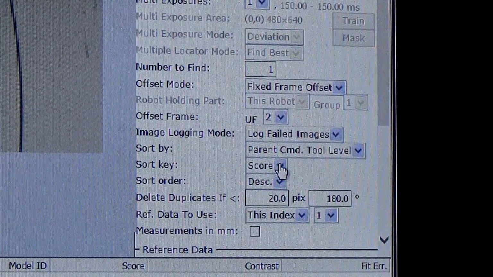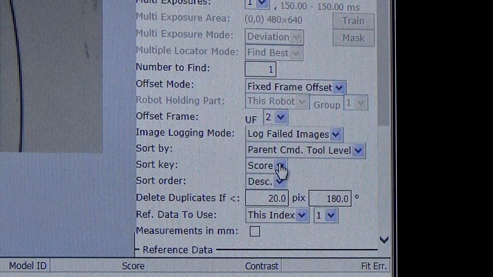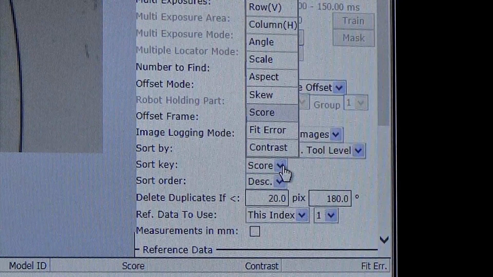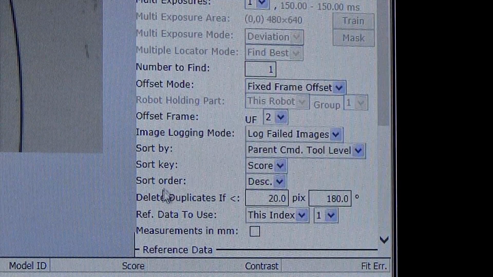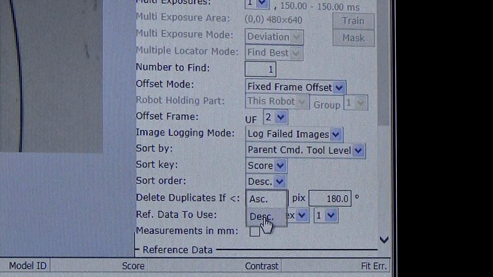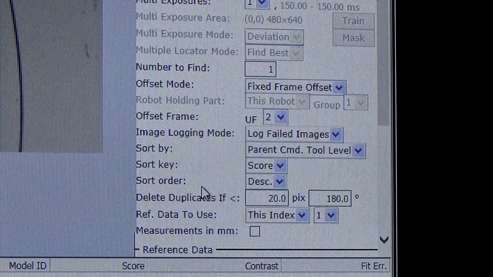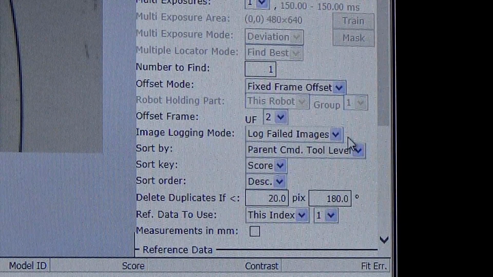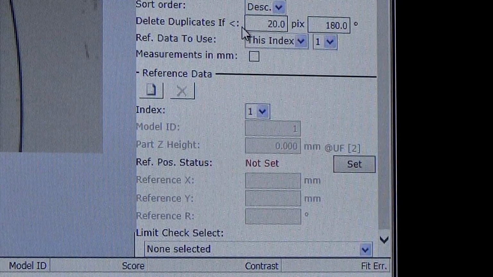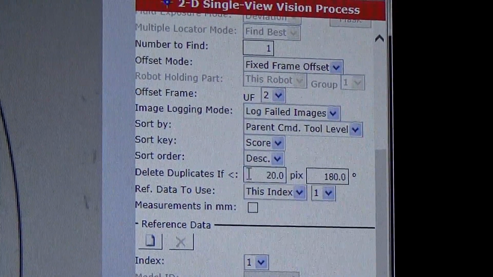It says sort key score. I'm going to leave that on score, and we're going to get to see a little bit later on what that score actually means. The sort order, I'm going to use descending, just leave it where it's at. Scroll down a little bit. We have delete duplicates if